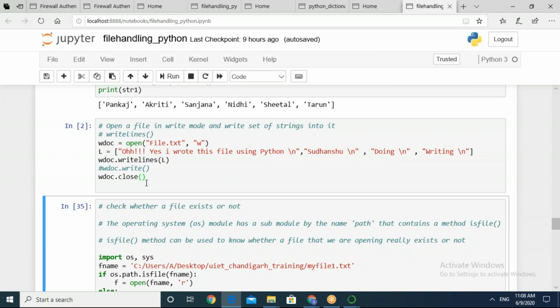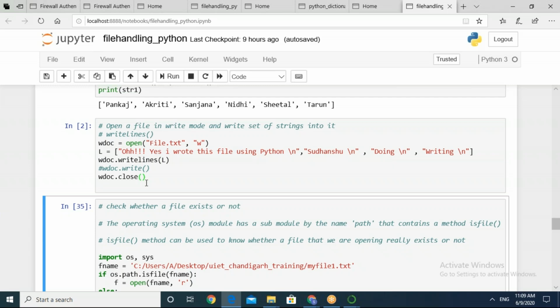One more response has been received from Shivam Maurya, and he has tried to read the file also by using the w+ mode, that is writing and reading. Well done to all of the students who have tried to run the example.